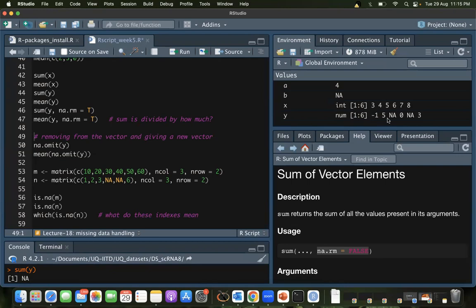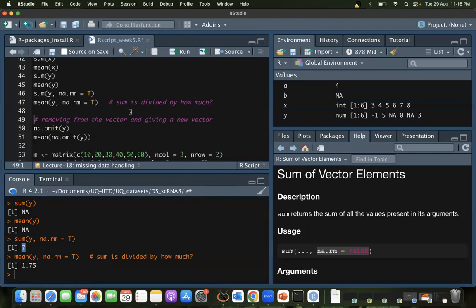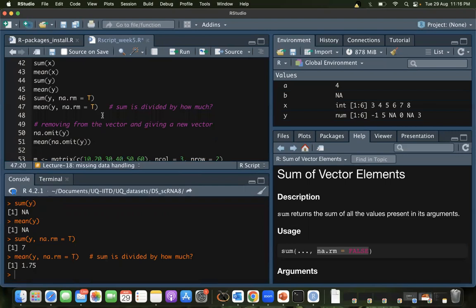And here also, so here also it's saying now instead of 6, it has 4 values. So for sum, it summed them up. And for mean, it summed and divided it by 4. So you can also check this here. Initially it was, so the sum is 7 and you divide 7 by 4, you get 1.75. So the calculation is with the remaining numbers, and it's only considering those remaining numbers as its input. Okay. All right. So this is what it's doing.